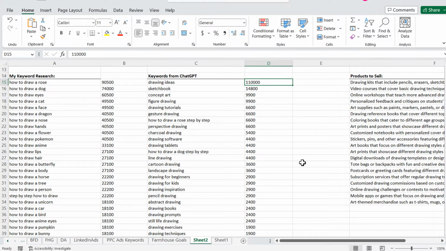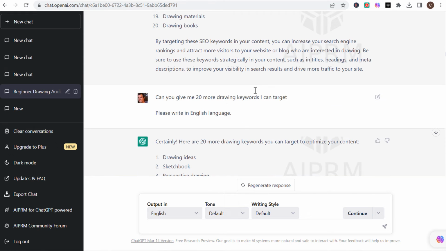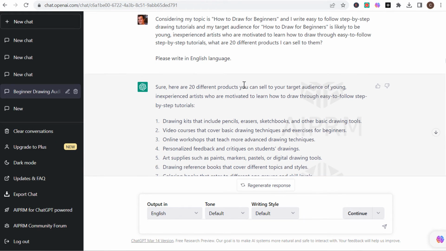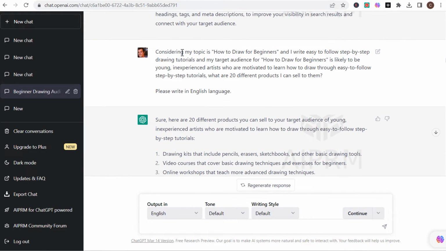If I want to rank for the keyword how to draw, I should focus on all of these different types of keywords and not just specifically how to draw a horse, how to draw a tree, etc. So coming back over here, keep scrolling down, give me 20 more drawing keywords I could target, so even more keywords there. And now you can see I ask, considering my topic is how to draw for beginners, I write